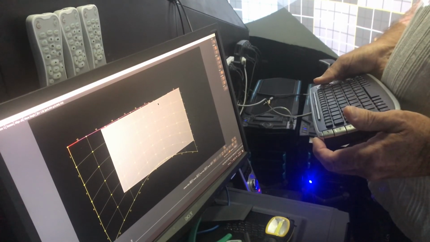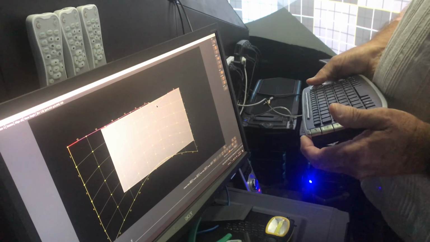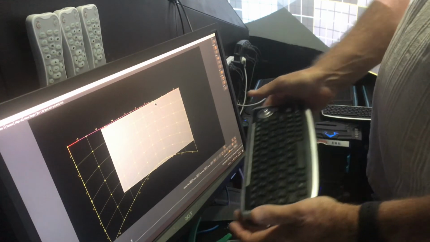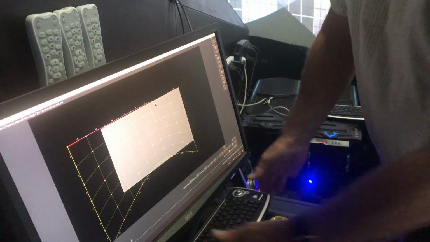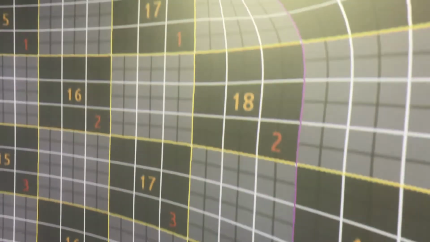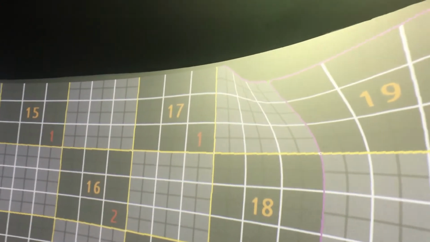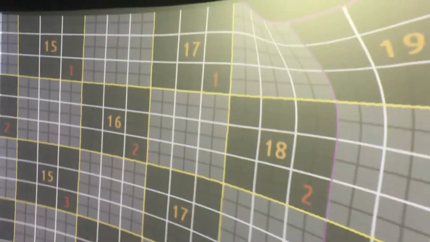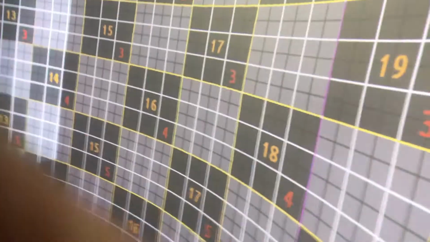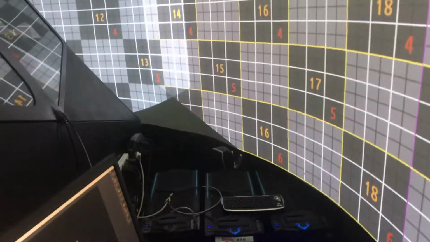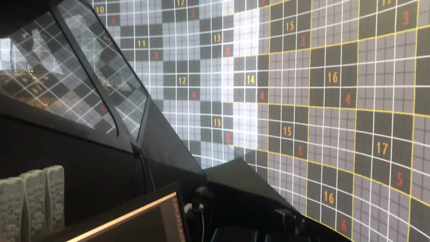And what I'm going to do is move that dot physically with my keyboard, move it down and across to the left hand side, so that when we have a look up at our screen, we can see between 18 and 19 that particular spot has now been moved. So that's how you do your adjustments from within the